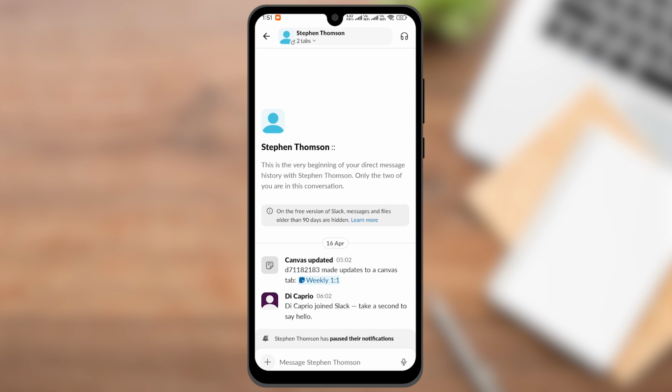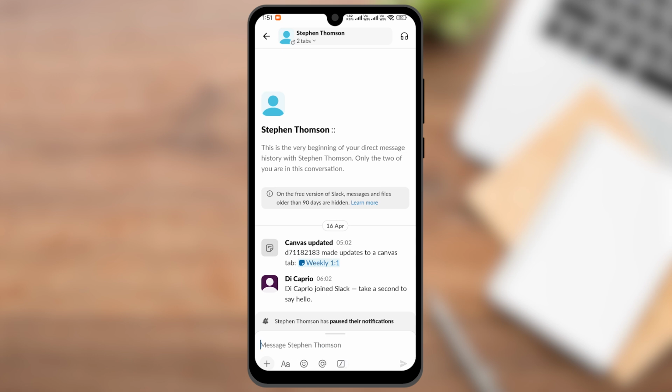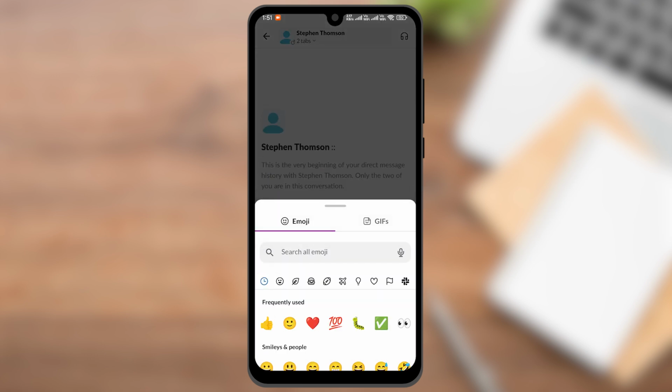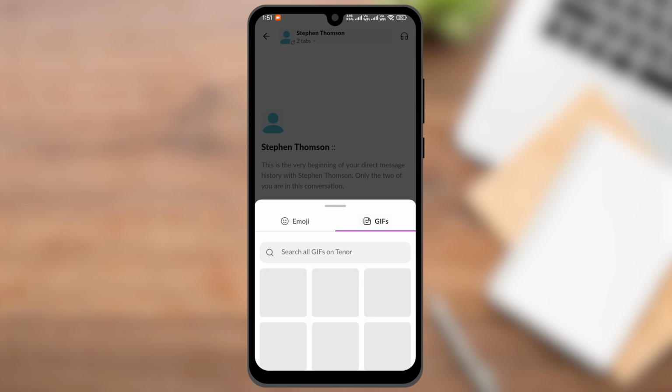Now, in order to send GIFs on Slack, you can see a message bar at the bottom of the screen. Click on it. Here you can see the icon of emoji. Click on it. And just next to it, you can see the GIF icon. Click on it. And here on the GIF tab, you can see these GIFs are not showing on my